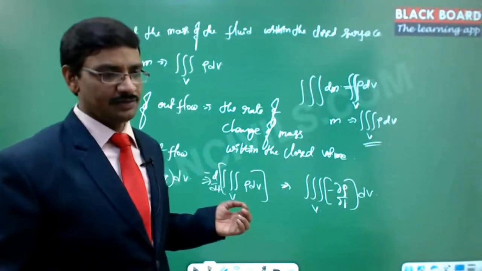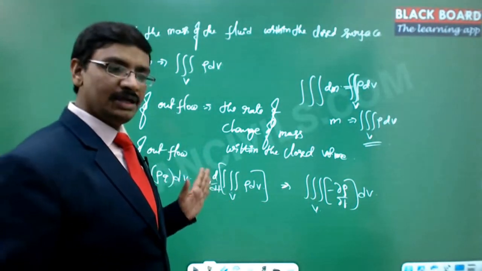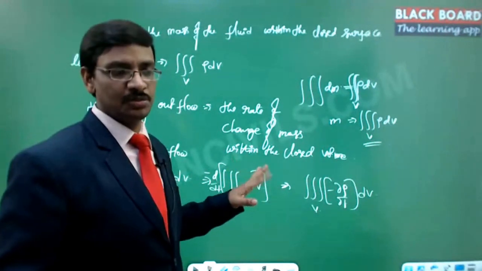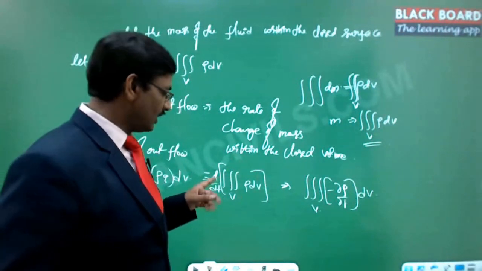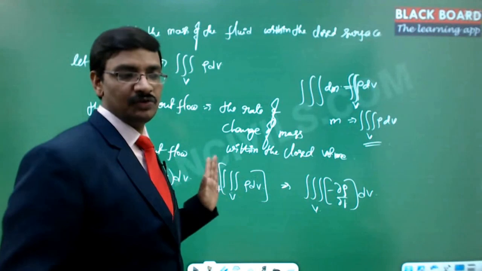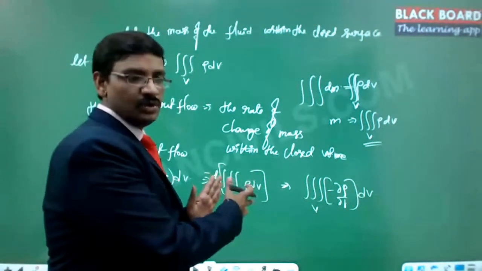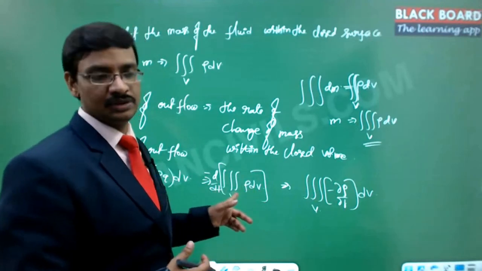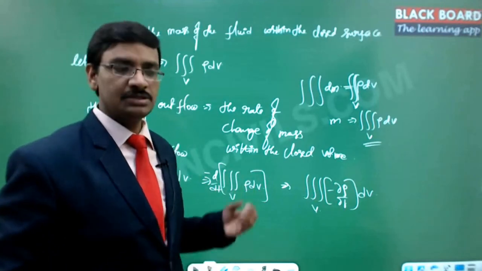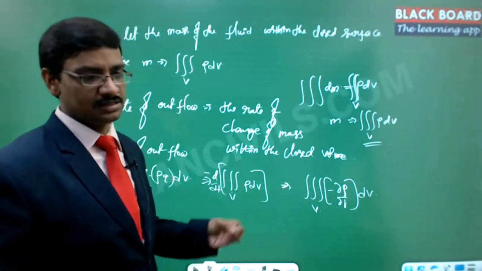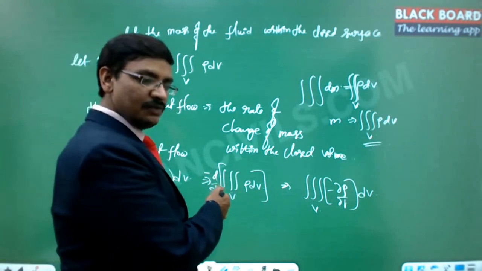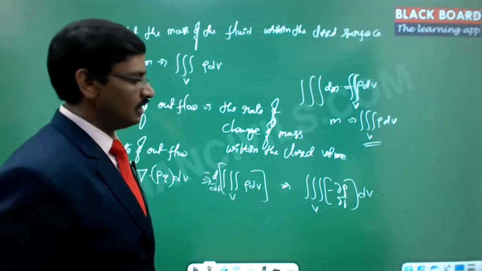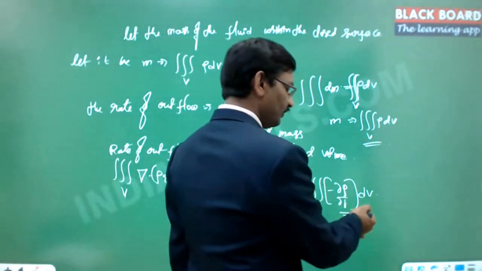Why have we taken the partial derivative? Because d by dt is the total derivative. Rho may be a function of x, y, z, or it may be dependent on multiple things. But as we take any derivative within the integral, it has to always be a partial derivative, because the way we integrate is different, the way we differentiate is different. So this is a standard rule. This we can discuss in the case of calculus. Whenever we take a derivative into the integral, it is always a partial derivative. So this is minus dou rho by dou t of dv.